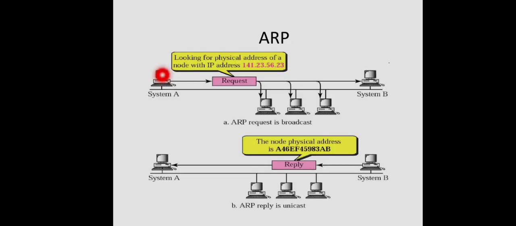Now you can see here system A wants to find the MAC address of system B. It knows the IP address of that particular system, and it will broadcast a message: I know the IP address of one machine, and I want to get the corresponding MAC address. That will be broadcast and received by all the machines in the LAN. Upon receiving this, by checking the corresponding IP address, the machine with that IP address will respond back. Here this machine only will reply back. Others will just reject the frame. The reply contains the corresponding MAC address of this machine.